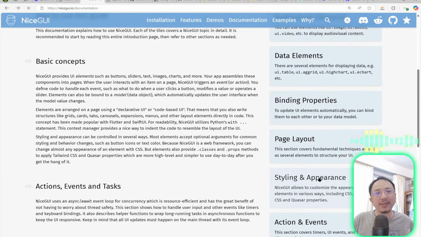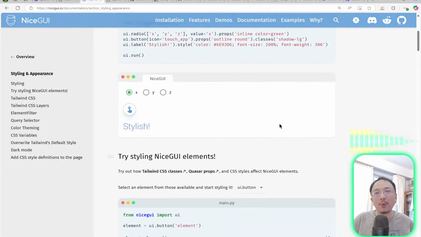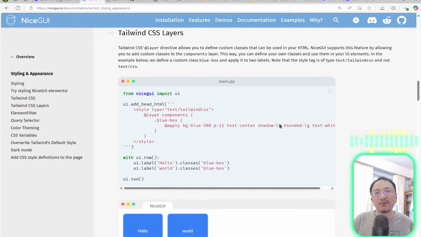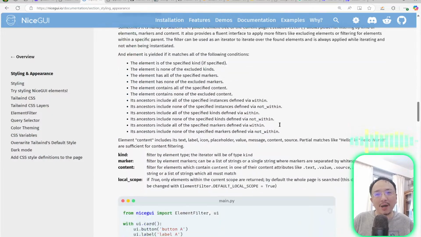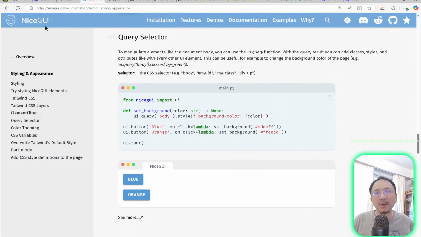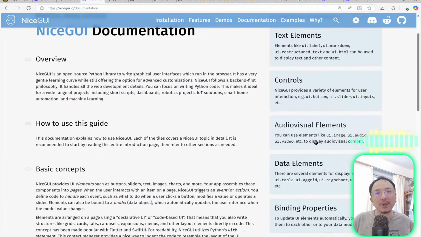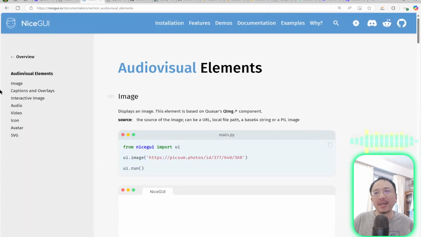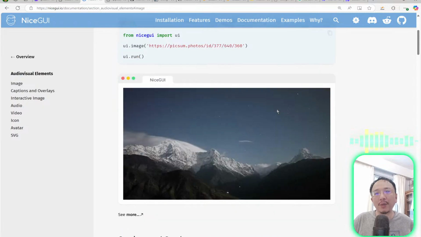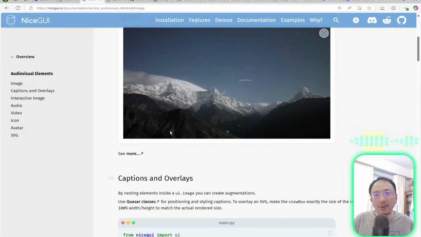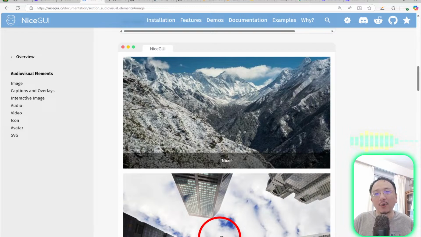It also has different styling and appearance options to fine tune and customize your app styling. So that's why I actually like it. So let's see more about the element that is used for visual images. Even for images, it has different types of